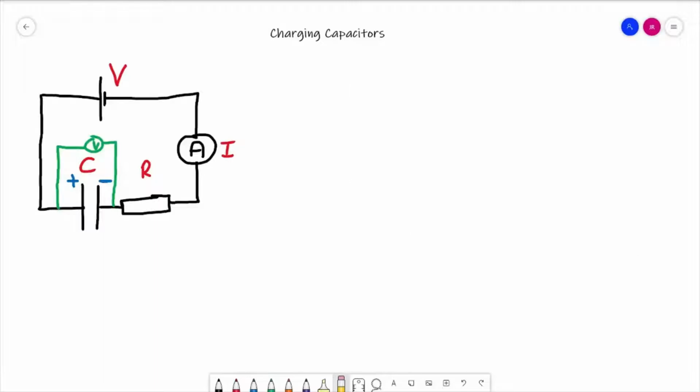Bringing that circuit across to a new slide then, we know that when t is equal to 0, Q will be 0, V will be 0, and I will be V over R. And just remember the two different V's. This is the V that I've done in green, the V across the capacitor, whereas this one here is the V of the supply. Now we know that when we connect the circuit up, we're going to get a current flowing,